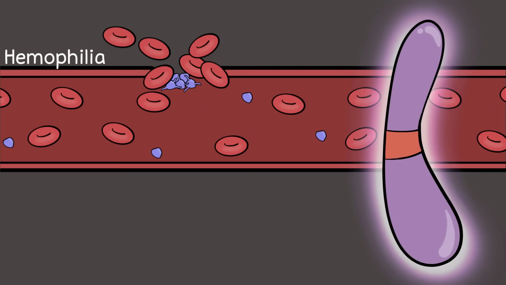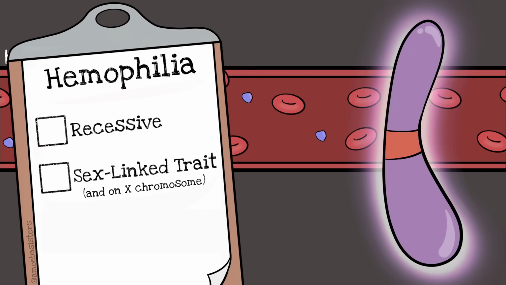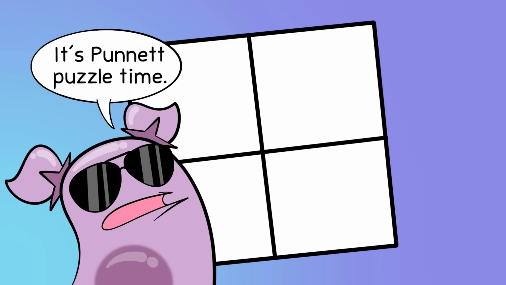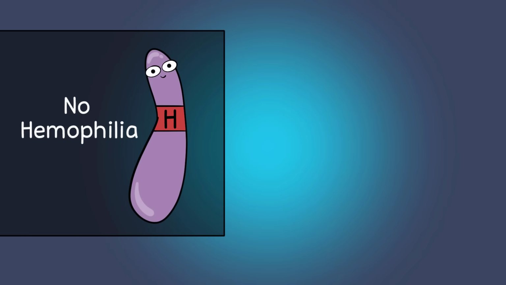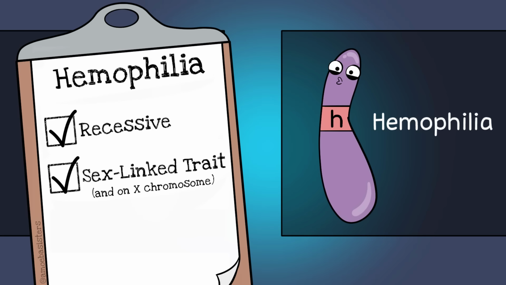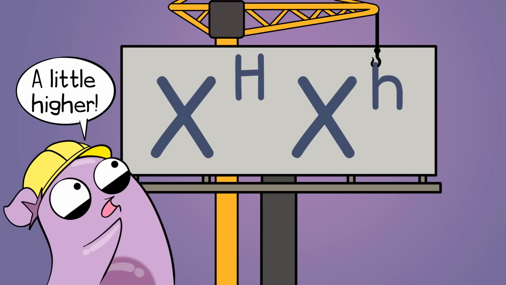Referring back to the beginning, when we mentioned the disorder hemophilia, hemophilia is a sex-linked recessive disorder carried on the X chromosome. So focusing on that, let's learn how to solve a Punnett square that involves this trait. We will use the capital letter H to represent an allele for not having hemophilia, and a lowercase letter h to represent an allele for having hemophilia. Why? Because hemophilia is a recessive sex-linked disorder, which is why it's being represented by a lowercase letter h, only it must be placed on the X chromosome as a superscript, like an exponent. Let me explain what I mean by that.